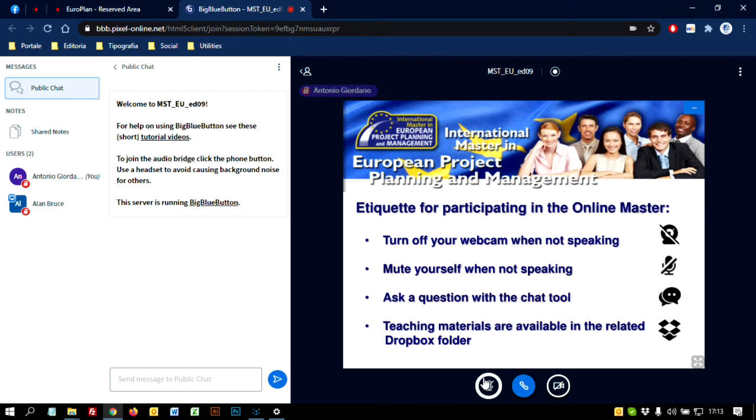The BigBlueButton platform is divided into two different sections, the white one on the left and the blue one on the right. The white one is the social section of BigBlueButton. Let's see the opportunities that we have in this social section. First of all, you can use the public chat. So you can type a message which will be read by all the users who are in the